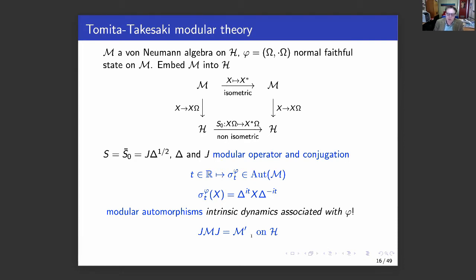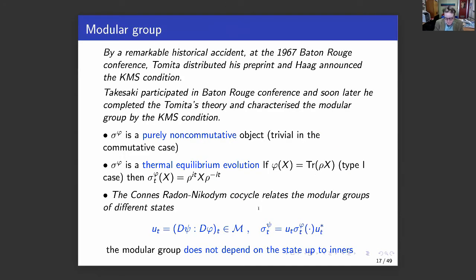Just the fact that you give a state, then the system evolves by itself. There is an intrinsic evolution. This is the modular evolution, and this parameter I will call the modular time. Tomita proposed this in 1977 at the Baton Rouge conference. This was the first conference on operator algebras. And Tomita distributed this preprint, but by